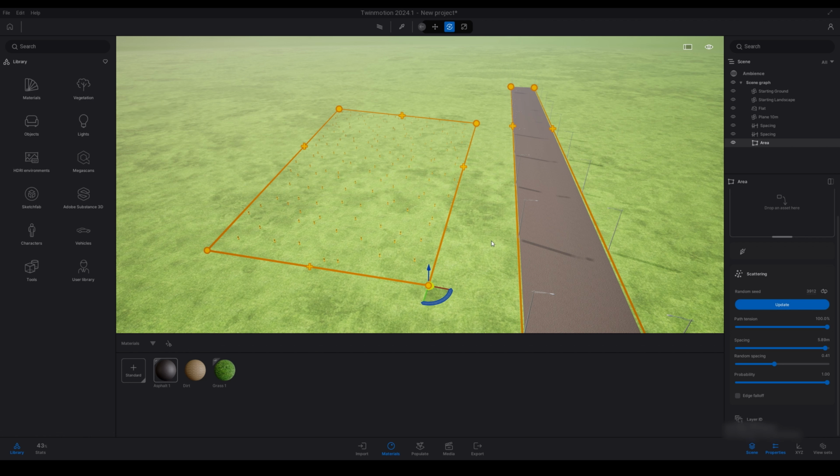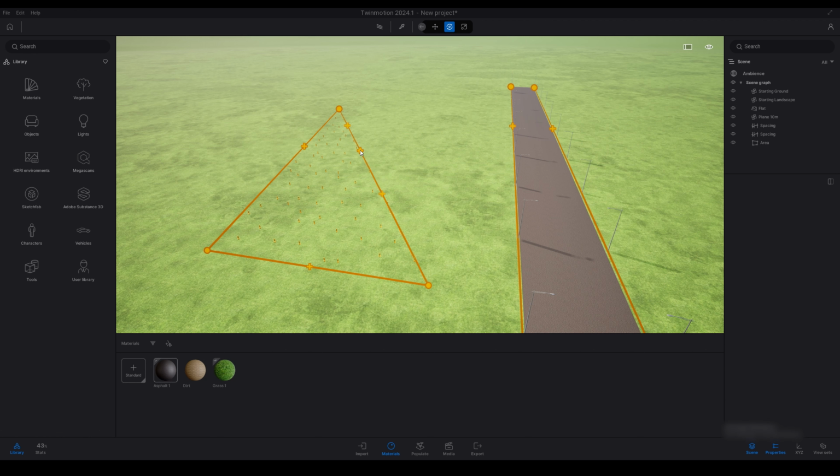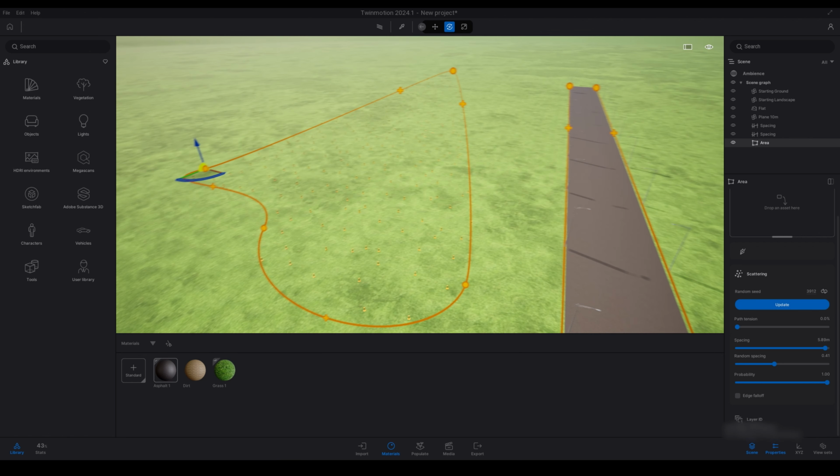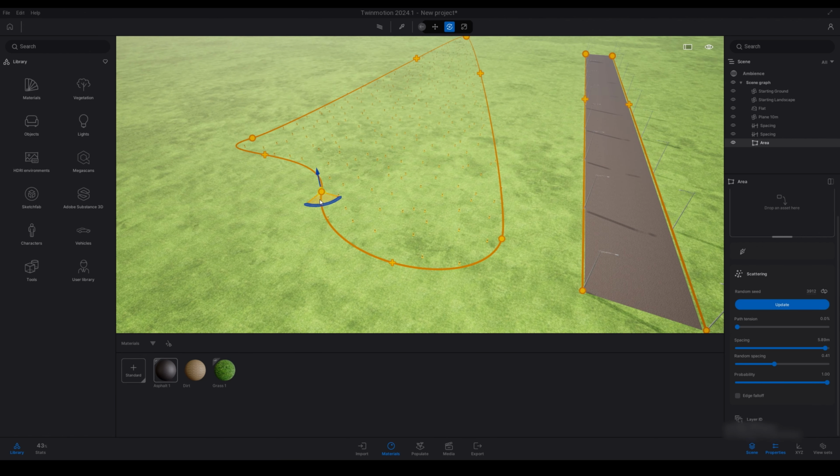Now I can go ahead and show you that you can adjust the points on the area box. So if you actually click a plus, it'll add a new node. So adjusting the path tension will create curved lines. So you can actually get quite detailed in your area.